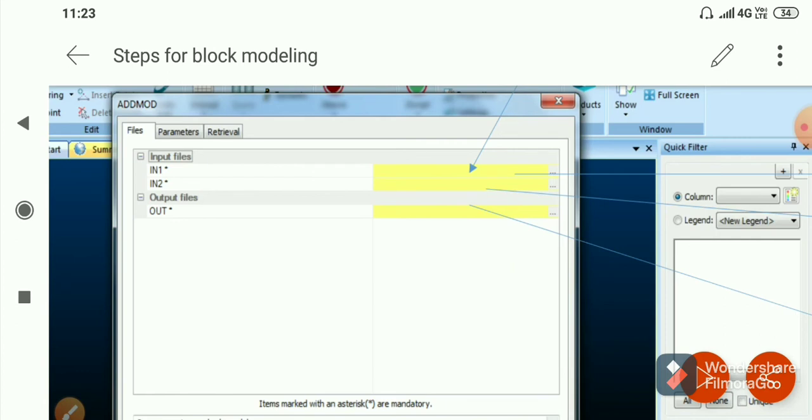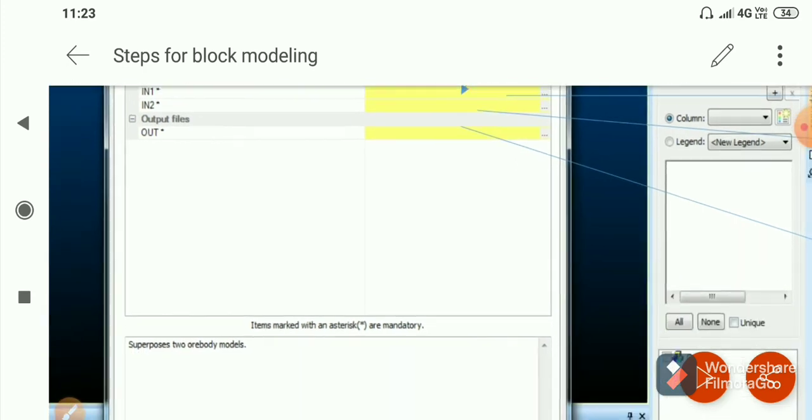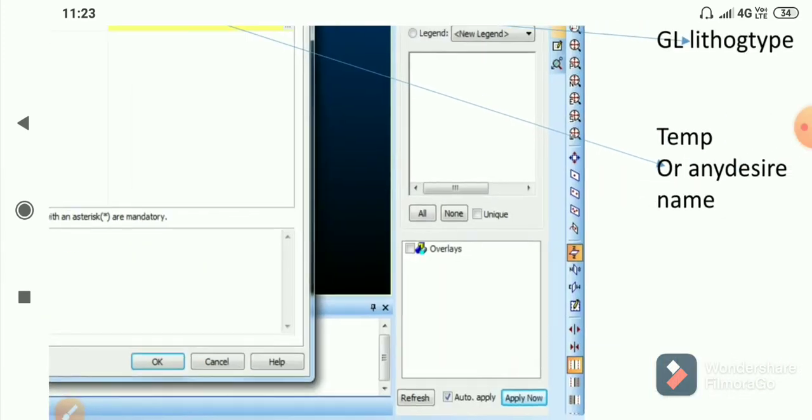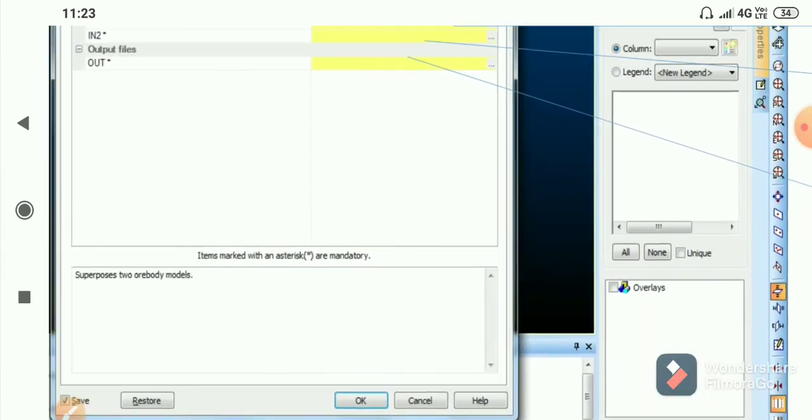The first model will be given in 1, and the second model in 2. If the waste is an intrusion, then in 1 we take the ore body and in 2 the waste body, so the waste body can be filled in the ore body. In output we can give the name of the output model.